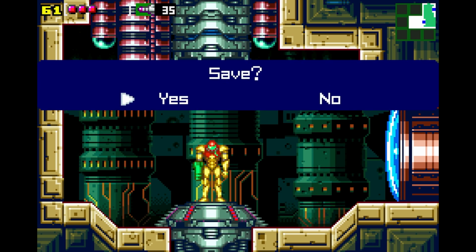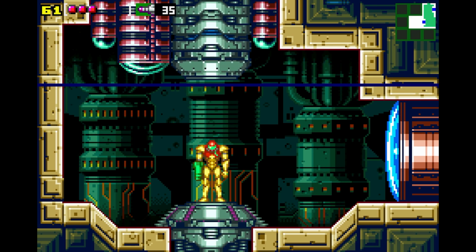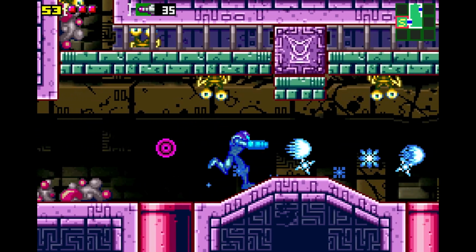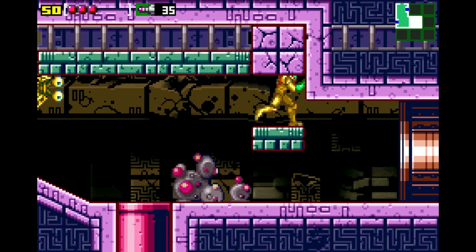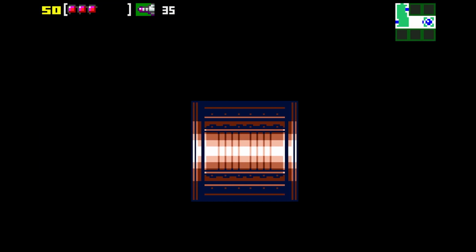Here, got ourselves a save room. Might as well take that save because we've been exploring quite a lot of Kraid and haven't saved in a bit. So, save our game. And now from here, let's make our way over to the right side because in this section, we open this door and we're kind of greeted with a wall of problems, but there is an upgrade on the